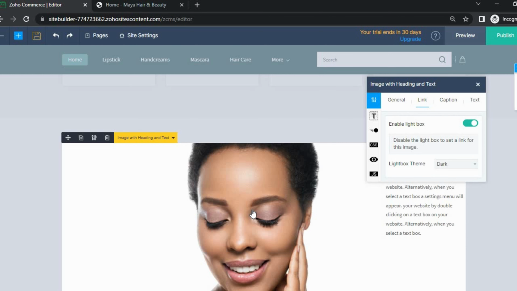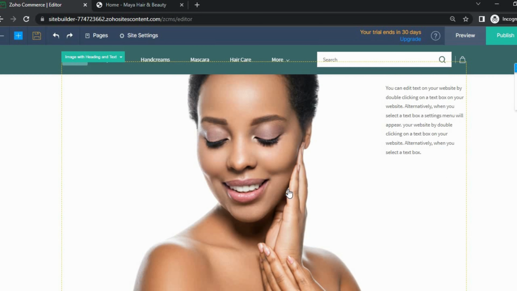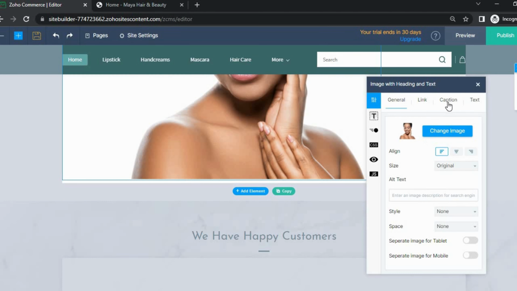If you want to link the image to a specific page on the website or to redirect your customers somewhere else, you can do that. If you want to put a caption, you can do that as well. If you want to put any sort of text information for that particular image, you can do that. So you have different options in terms of what you can do with regards to just being able to change